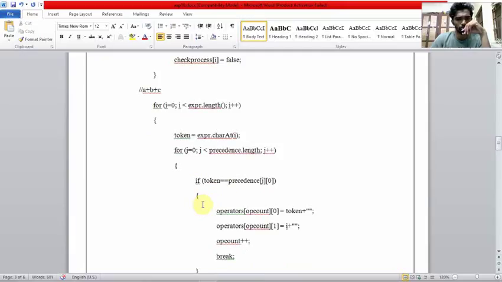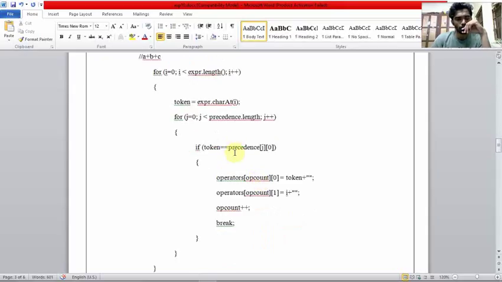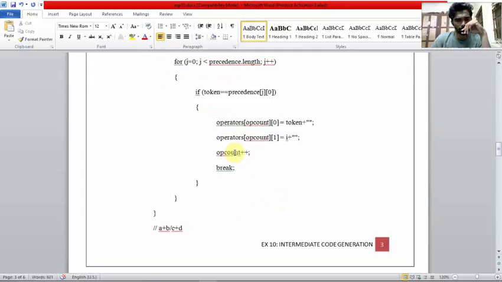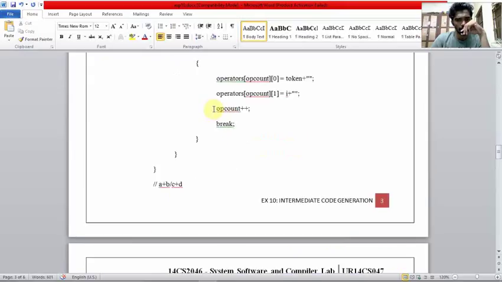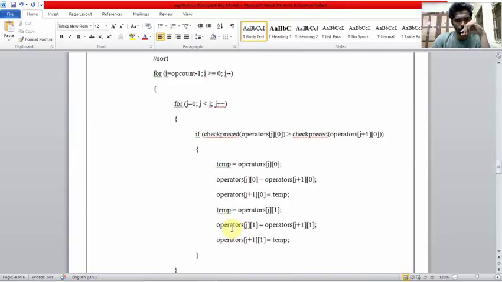The loop goes on with j over the precedence length, the number of precedences for plus, minus and other operators. If the token and the precedence match, the operator of count 0 and 1 will be token plus and i plus, and the op count will keep increasing, and then it breaks. Next we make a second loop for the same thing. The checking here is done on operator j 0 and operator j plus 1 0. If a is greater than a plus 1, for example,